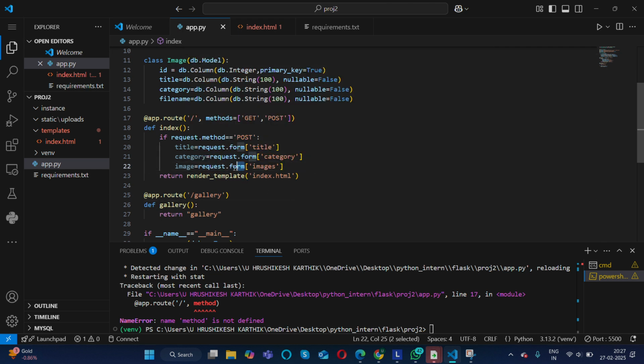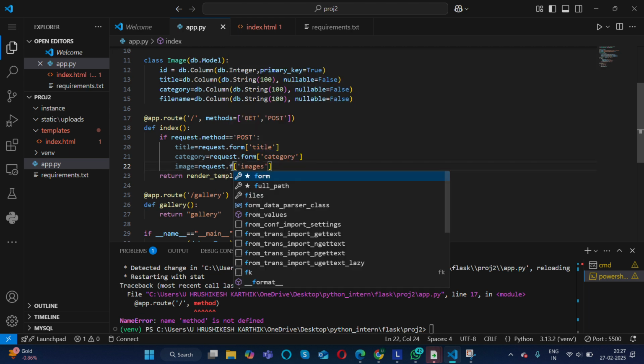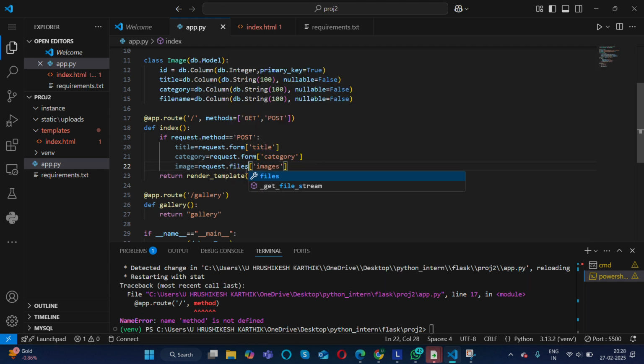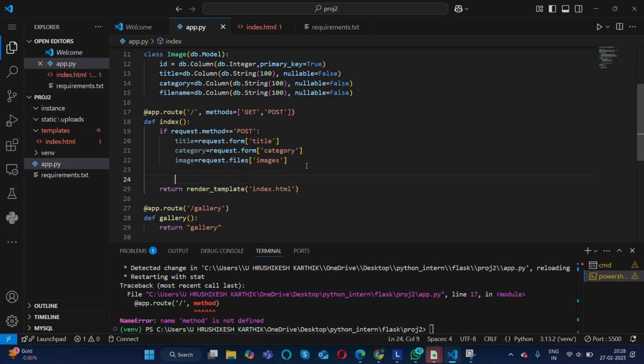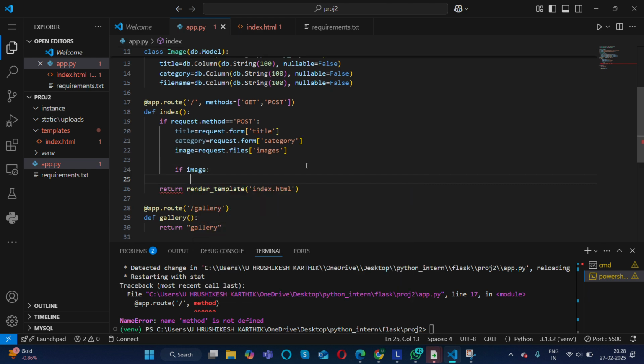Actually, we need to make it files, as the image is a file. So these both are text, and we use form here, but for image we use file. If image exists, or if image is true, I should perform a few tasks.